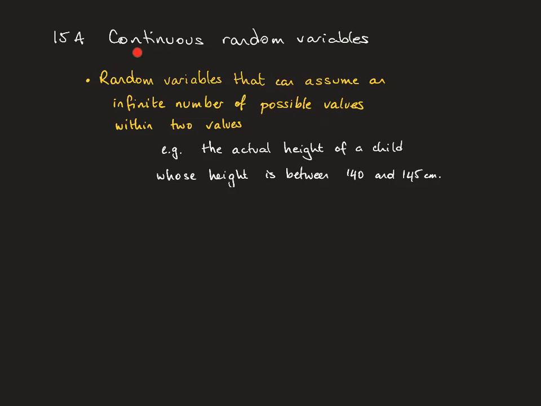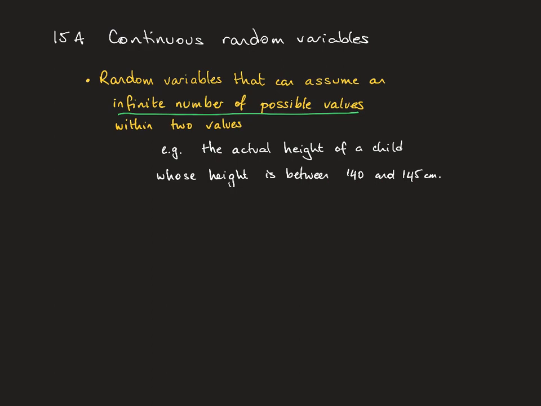In this video we're going to look at continuous random variables. And continuous random variables are random variables that can assume an infinite number of possible values between two values. For example, if you're measuring the actual height of a child whose height is somewhere between 140 and 145 centimetres